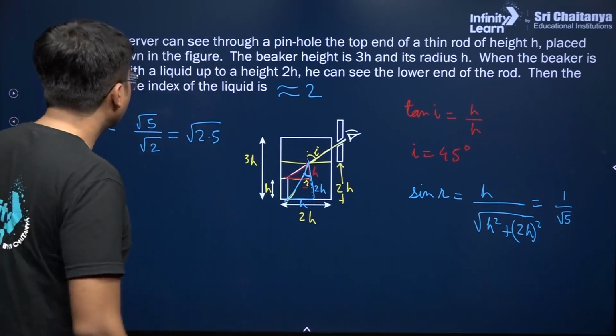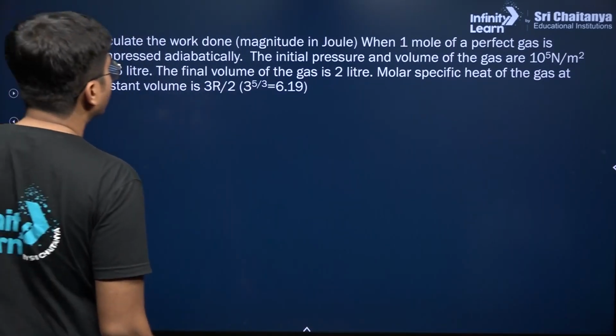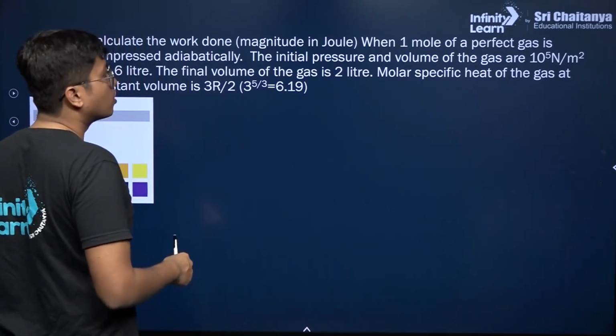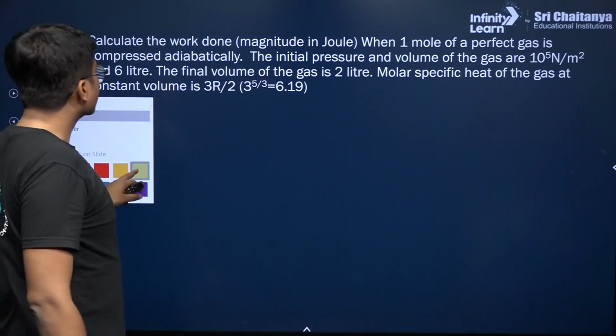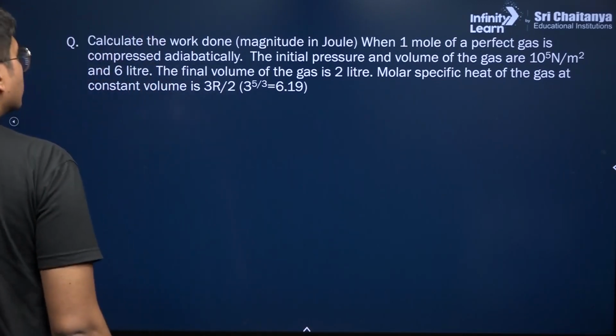Next question, calculate work done when 1 mole of a perfect gas is compressed adiabatically. The initial pressure